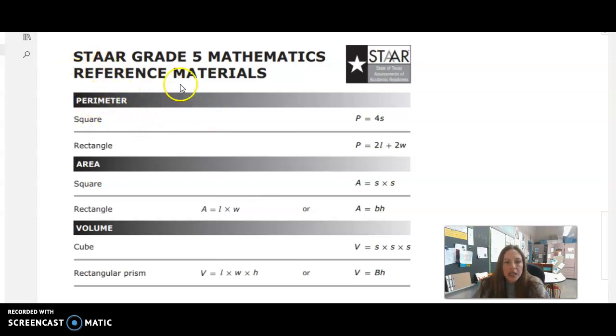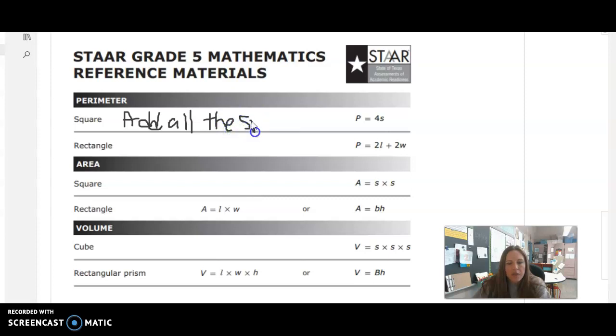And immediately one of the first things you do besides make a multiplication chart or get ready to prepare yourself, I want you to pull out your reference material and I want you to write under perimeter, add all the